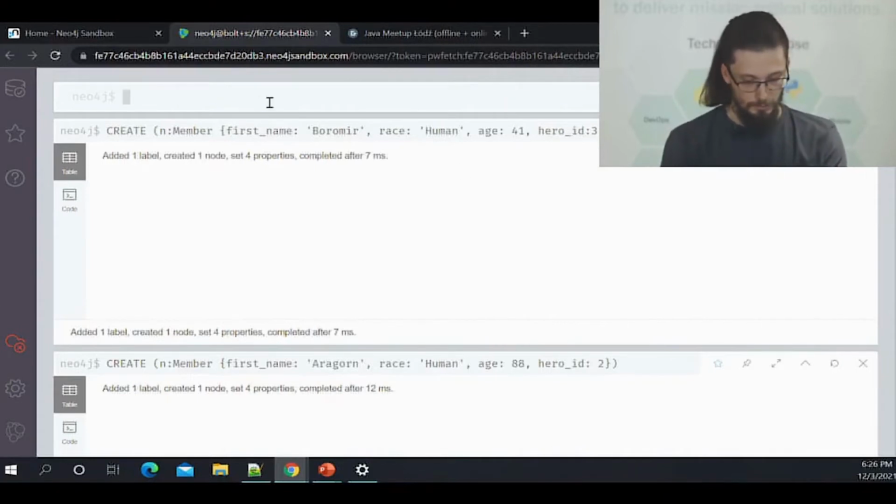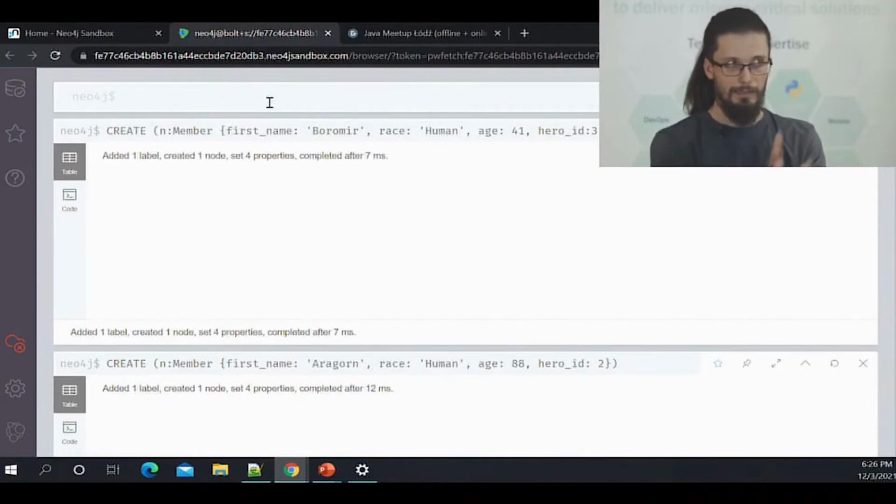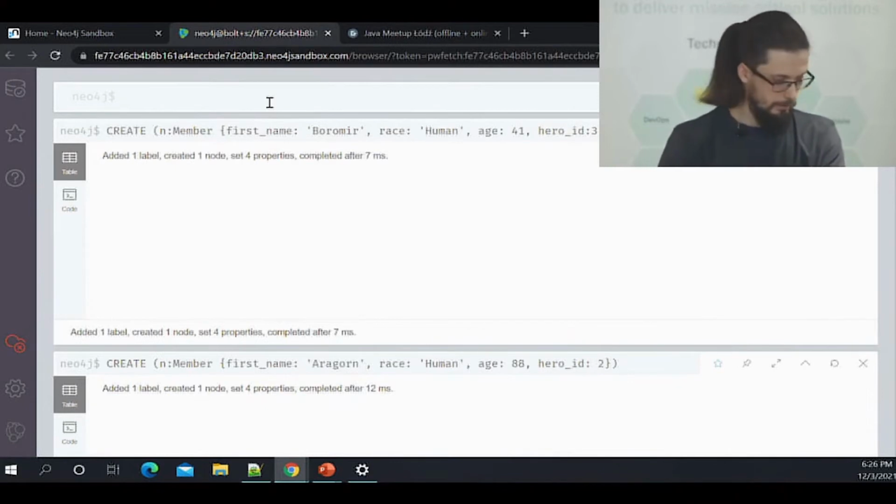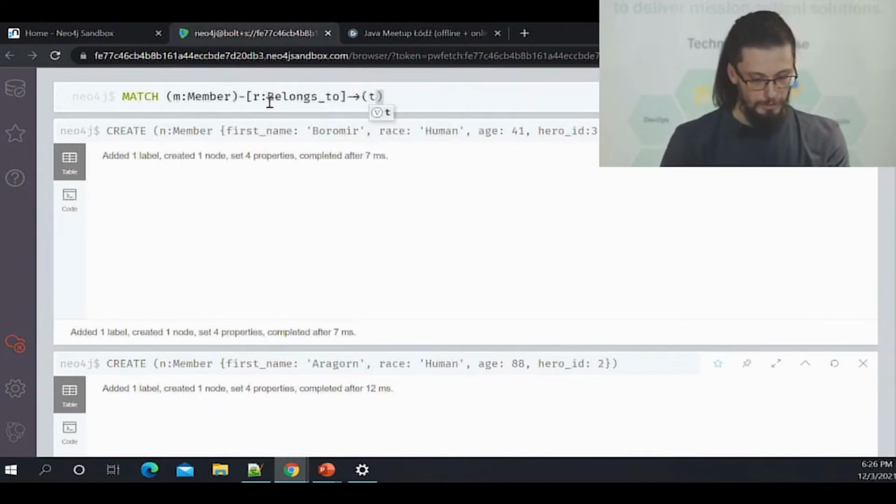And in this case, if I would like to get the data I've stored at the moment in the graph database, I could use just a match with a member, which is connected by a relation called belongs to the team